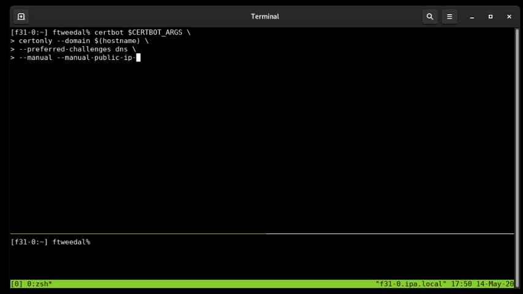Just providing the manual public IP logging OK option to suppress a prompt asking us if it's okay if our IP address gets logged by the ACME server. And now providing the manual auth hook option. certbot-dns-ipa.py is the name of the script, and manual cleanup hook,